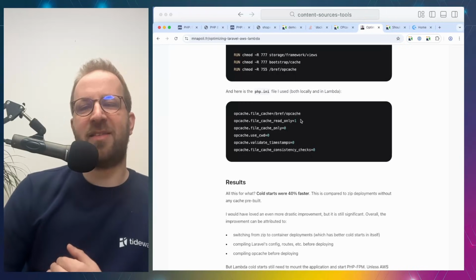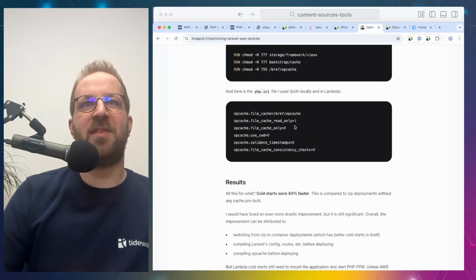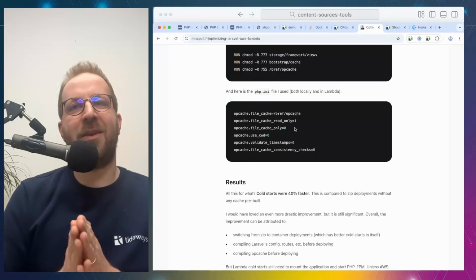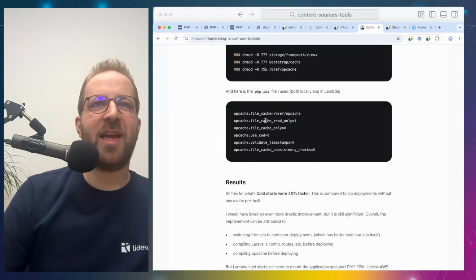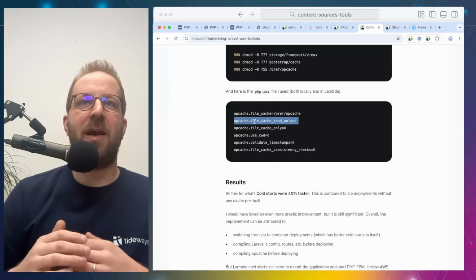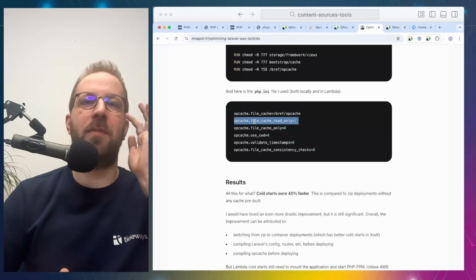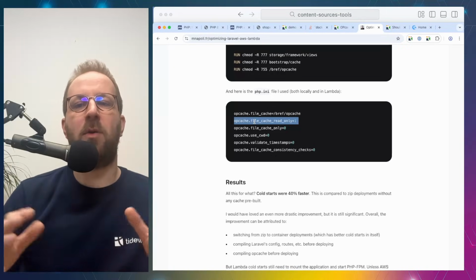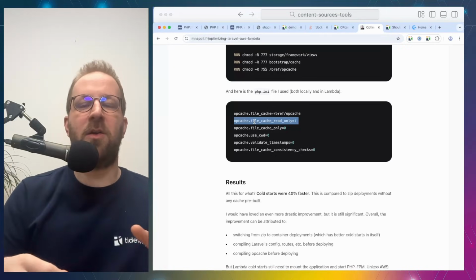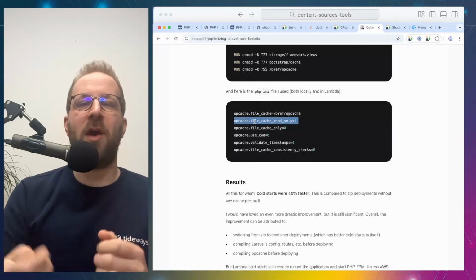Specifically for his example, there are also new variables here. One of them is available only in PHP 8.5, which is the file cache read-only variable. So this one is new. It allows you to use the file cache on a disk that is read-only. So in the case where you build a container on a writable volume, you generate all the